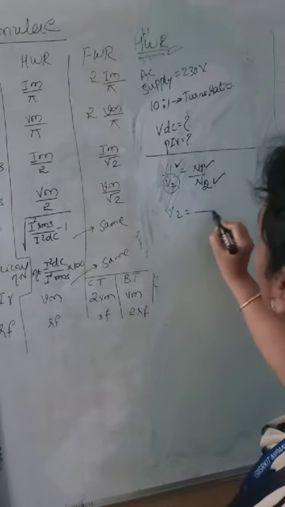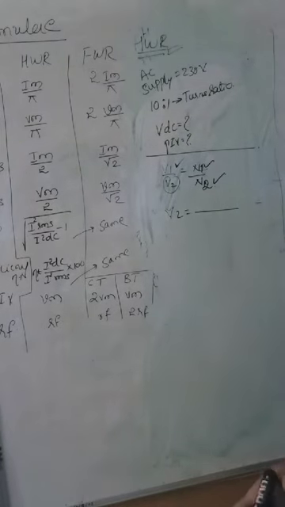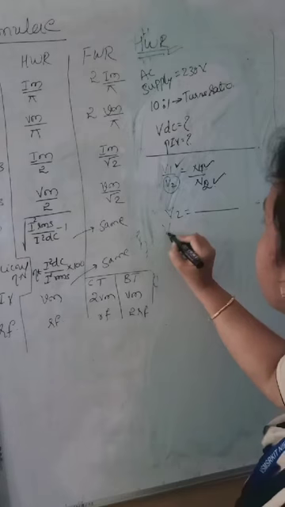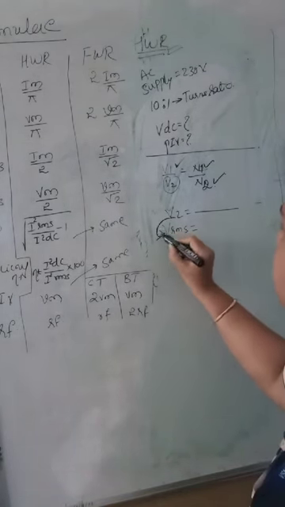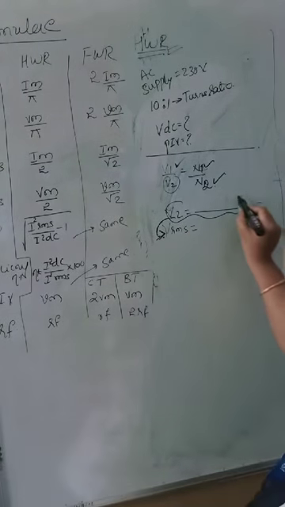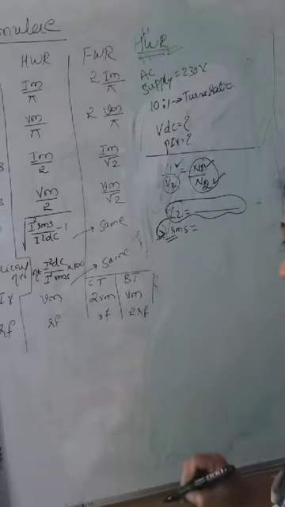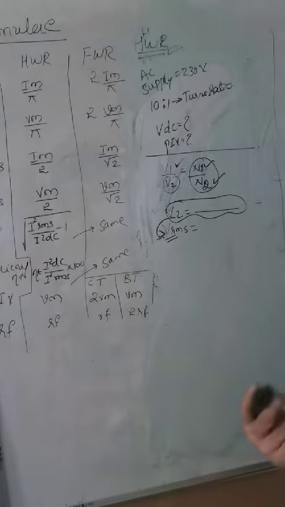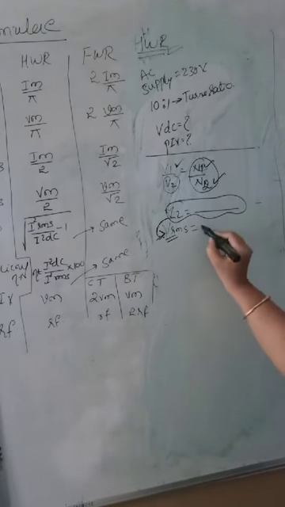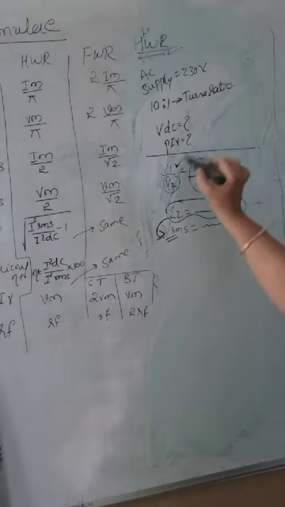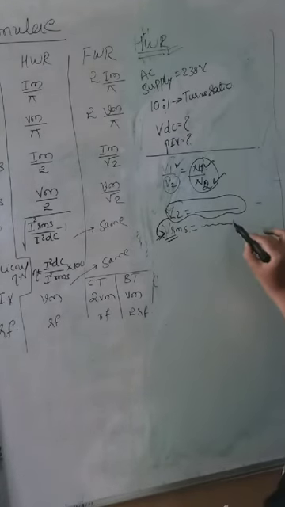So, this V2 whatever you are finding becomes the input voltage to the rectifier, so you are going to have V2 as the VRMS value here. Whatever you are calculating for V2 in terms of the turns ratio becomes the RMS input voltage. So, this becomes VRMS. Now, this VRMS value you have with you.